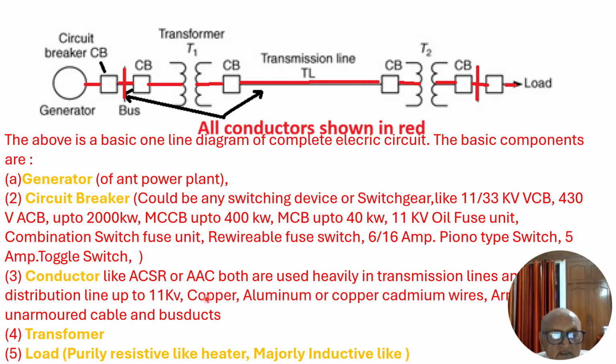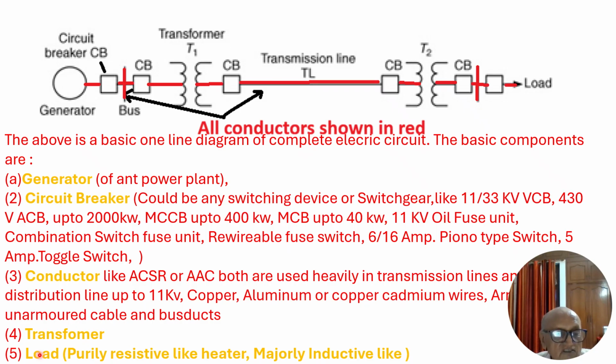We use copper, aluminum, or copper cadmium wires in medium voltage installation, and we go through an armored cable up to 400 kilowatt, and beyond that we take shelter of the bus ducts, especially designed to cater the higher kilowatt systems. Next is transformer,